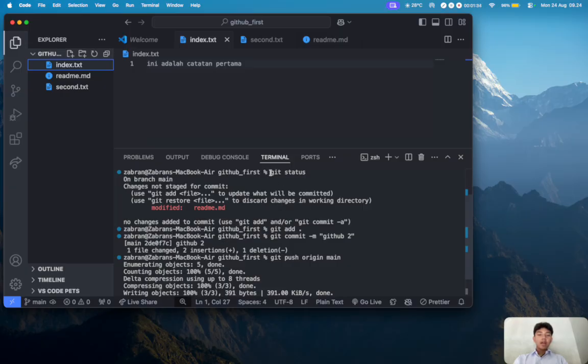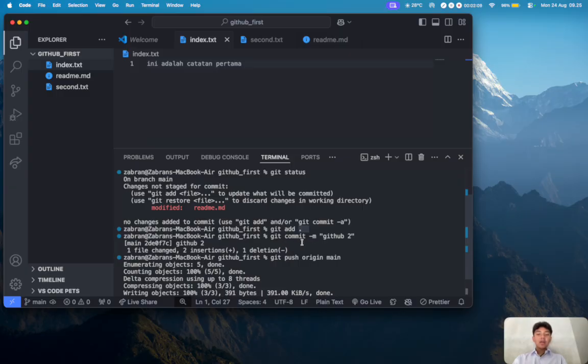And when I ran git status, I had just updated my readme.md. So it said that there is one modified file, that is readme.md. So I must add it, and it said I must git add. So I do git add space dot, and I submit it, and nothing changed. The function of git add is the first step to adding your project to your repository.